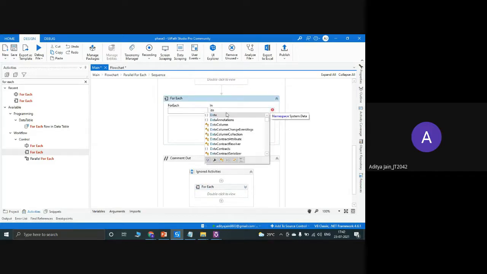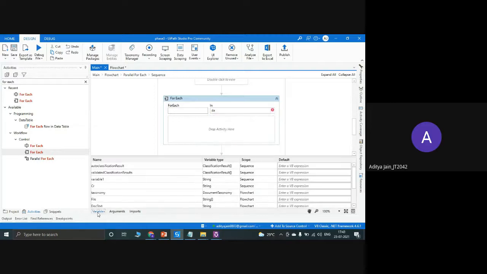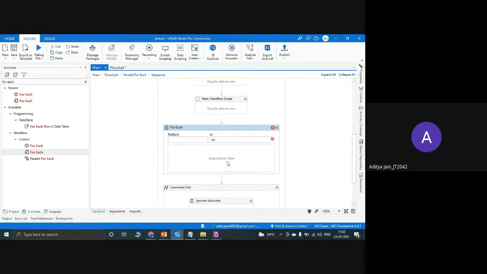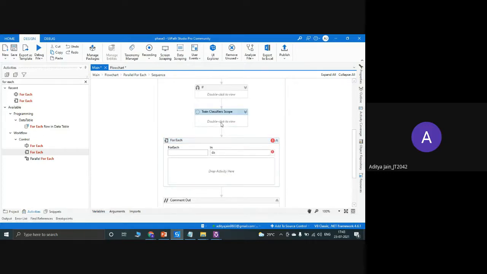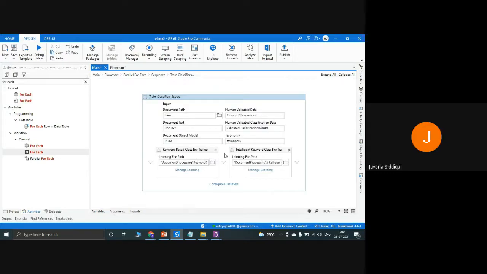See, ma'am, I am not able to get the variables in this. Which variable are you trying to select? Ma'am, here, I'll show you. Like data set is a variable that we have created here, I guess.